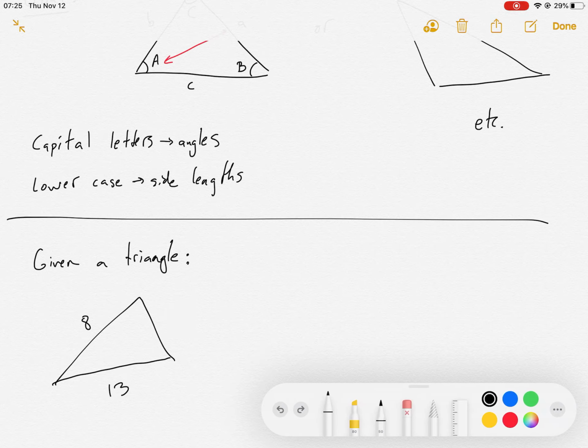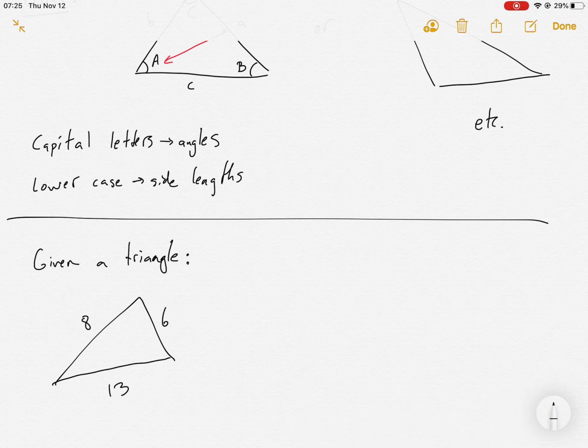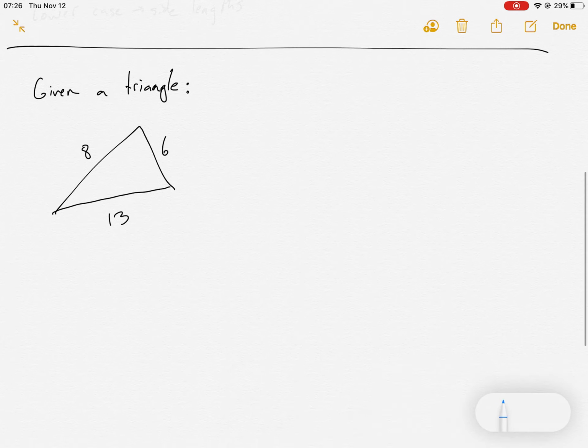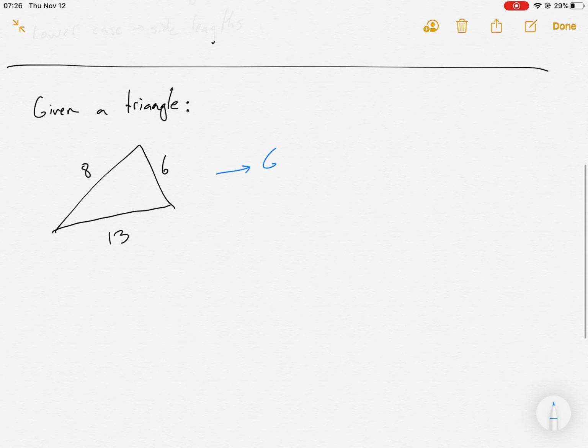I think this might need to be 6 if I remember my triangle rules. Anyways, so let's just say this was your triangle. We would say that you are given, in this case, side, side, side, or SSS. So if you remember from your geometry, this just means that we know something about all three sides